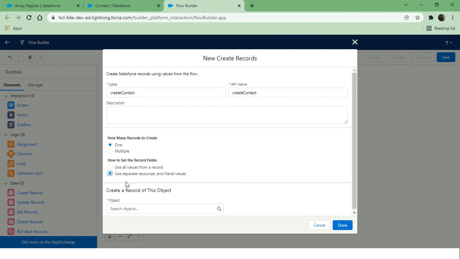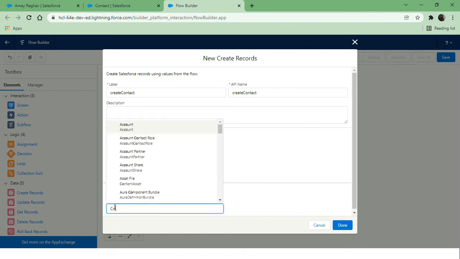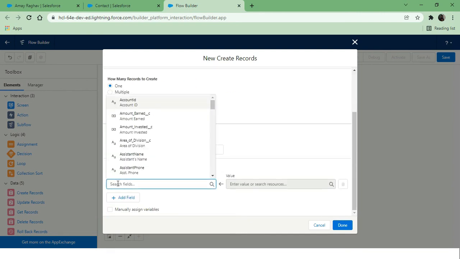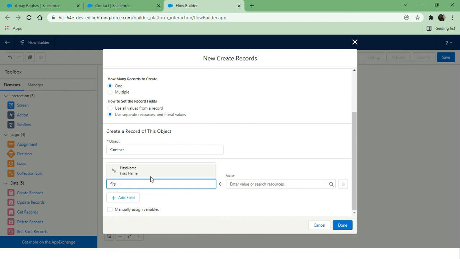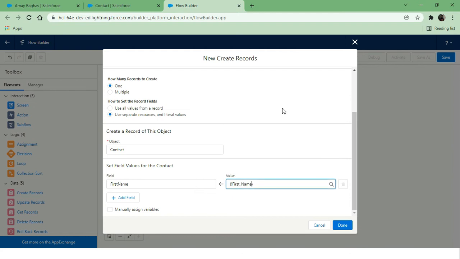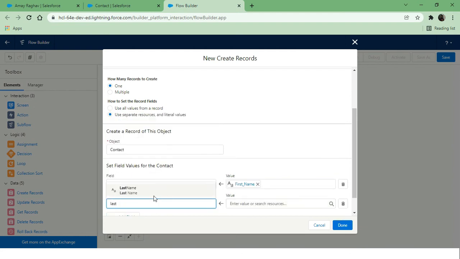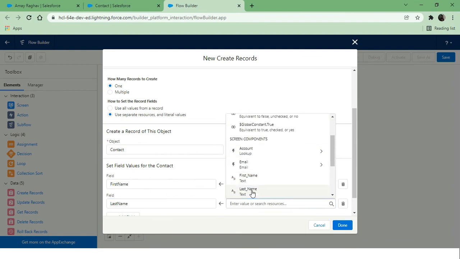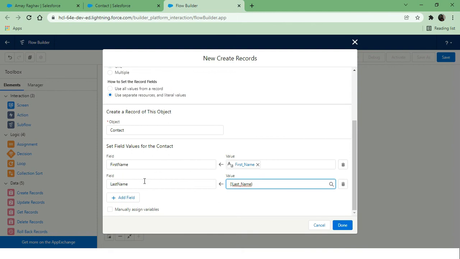So we can create a record called contact, right? We will now map the fields. First name, last name. Now we have added email.